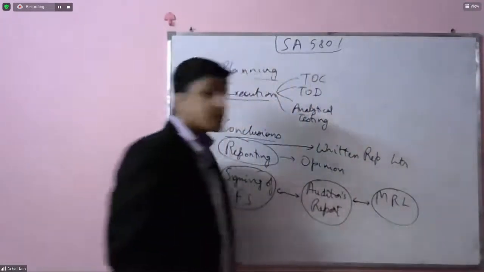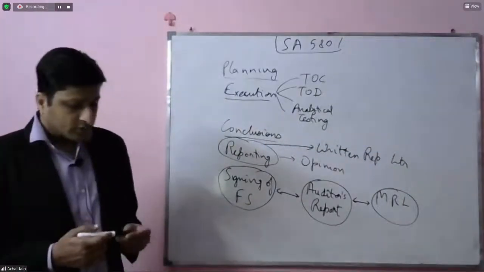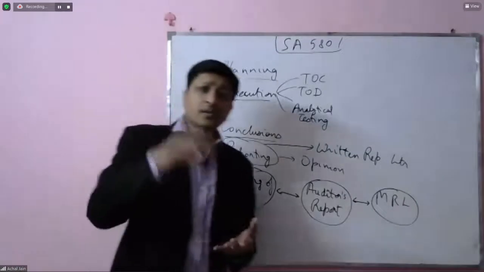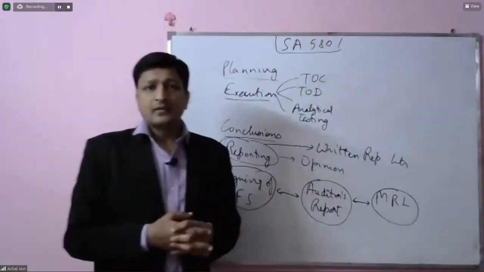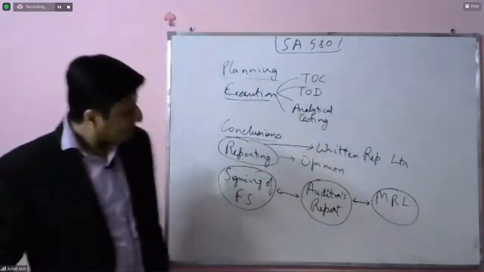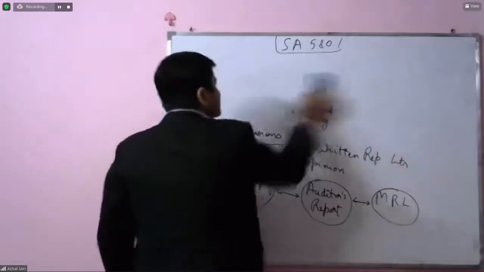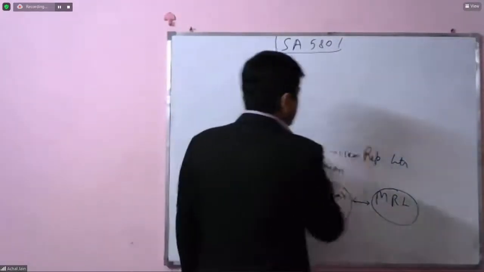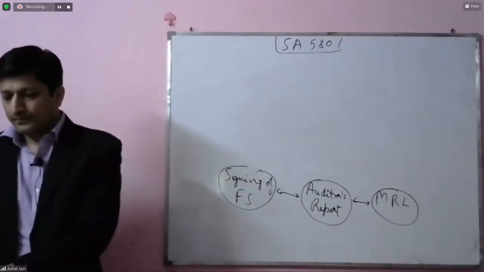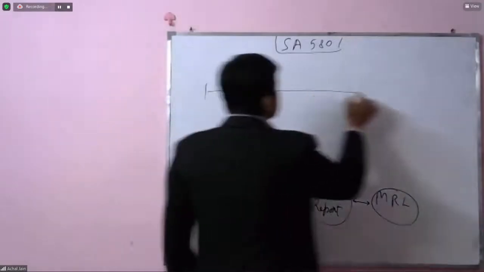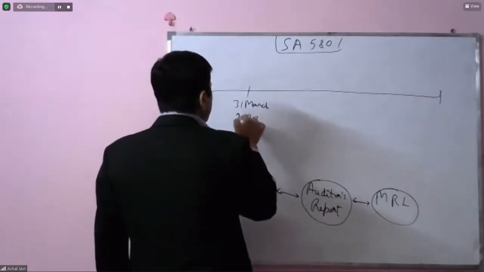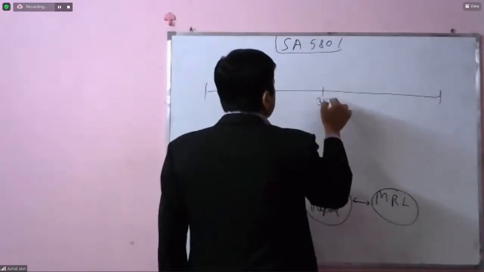And let's try to understand the purpose of this, as to why this should be done on the same date or near around the same date. If you look at the auditor's report, it will draw a line. So it's based on a cutoff. Means as at a particular date, everything has been looked at by the auditor. Okay, so let me just put down this cutoff. Say this was 31st of March, 2020, and on say 31st of August,